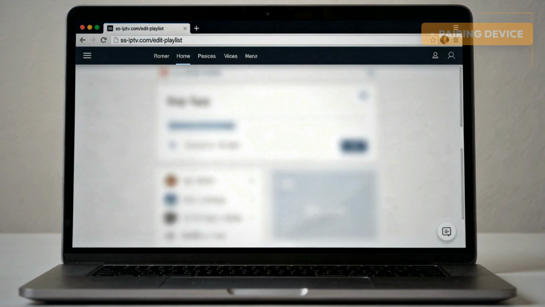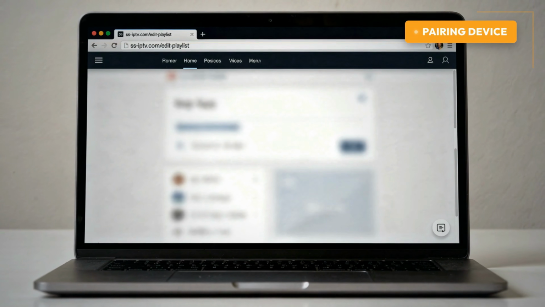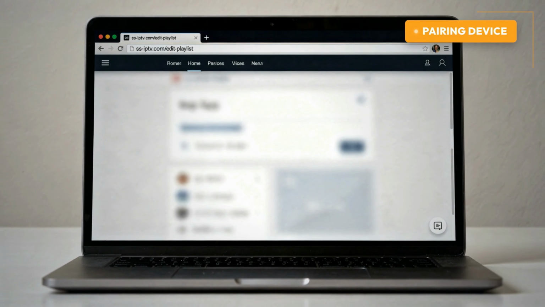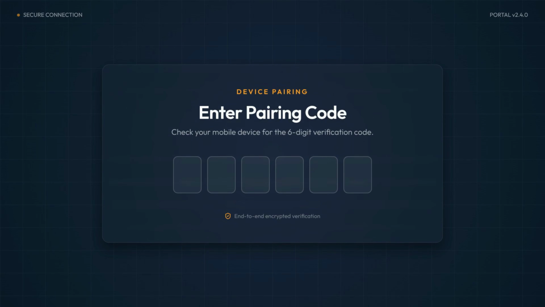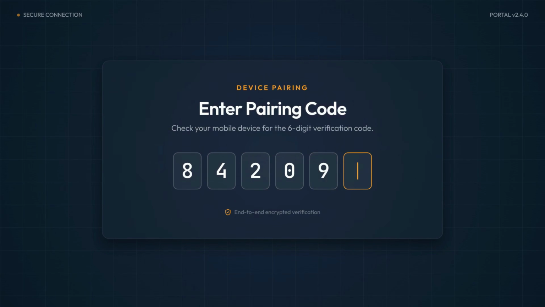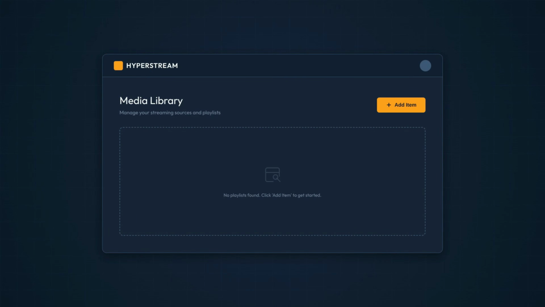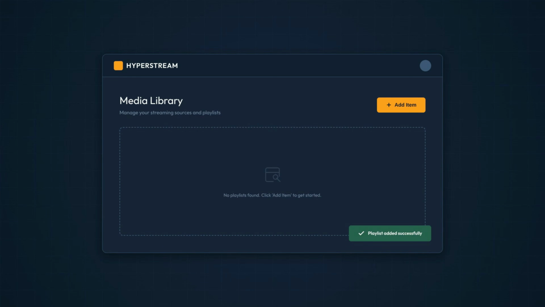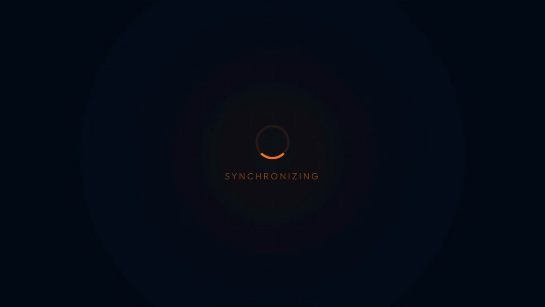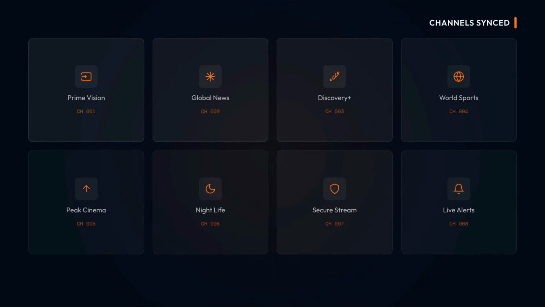Open a web browser on your phone or laptop and navigate to www.ss-iptv.com/edit-playlist. Enter the connection code displayed on your TV screen into the website portal to pair your device. Click Add Item, paste your M3U playlist link into the URL box, click Save, and return to your television screen. Refresh the main screen on your television app to instantly access your synced live channels without typing long web links